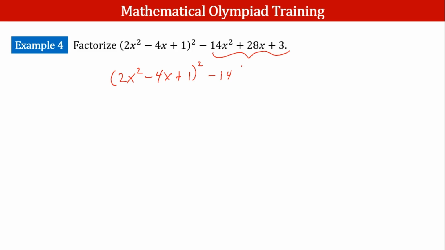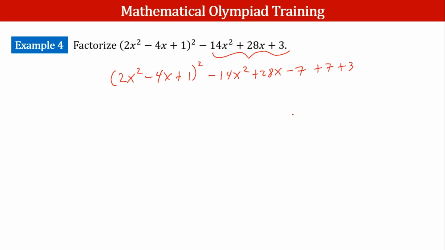Alright? So if we subtract 7 from negative 14x squared plus 28x minus 7, and of course we add 7 to balance it, we can actually factor out negative 7 and produce again 2x squared minus 4x plus 1, and